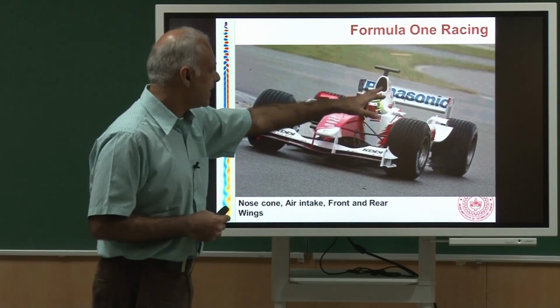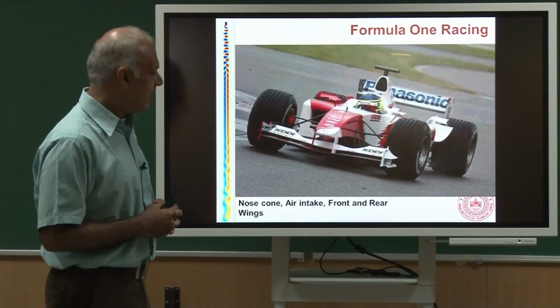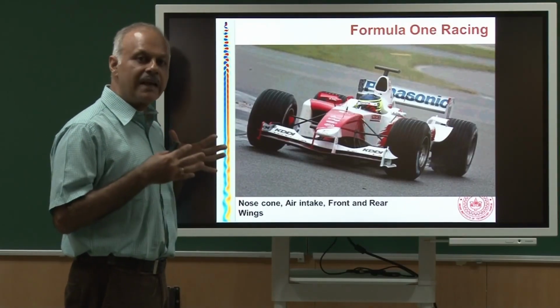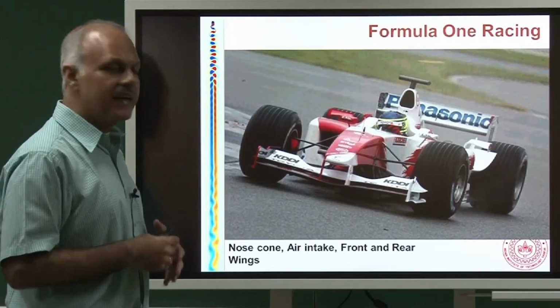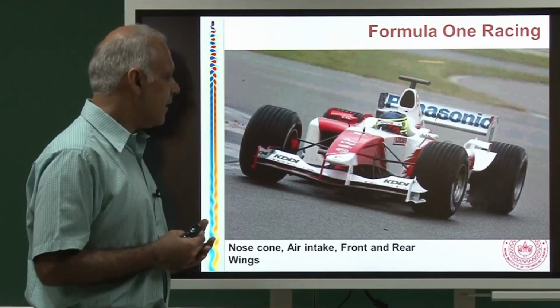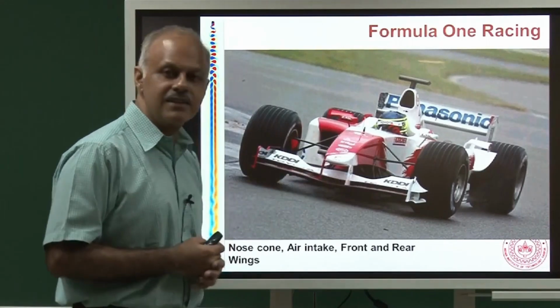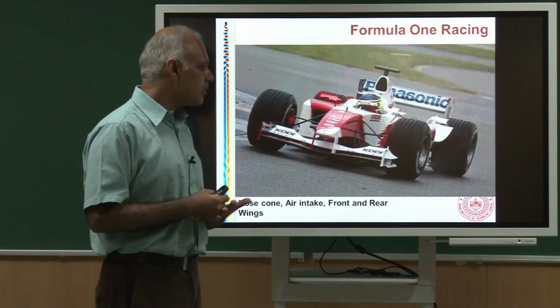Air intake: here is an air intake. There could be some air intakes in the cars on the side. How do you design air intakes so that you get maximum volume flow rate inside the engine of a car, but at the same time the drag it offers is low? There are also these wing-like structures, sometimes called spoilers, on racing cars, and you may or may not know the reason.